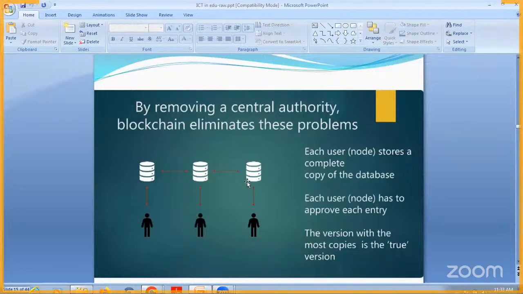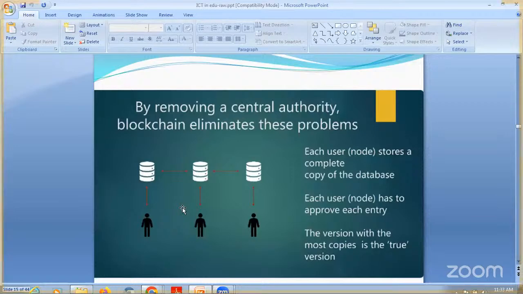Meaning thereby, suppose somebody changed the data and the remaining two people have the common data. The common data is the final data. The tampered data will be discarded. Because there are multiple copies available and the maximum copies having the same data will be the authentic copy, there is a zero possibility of getting tampered data. So data cannot be tampered.